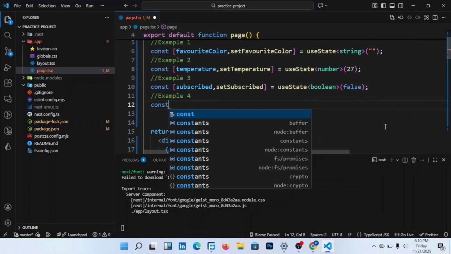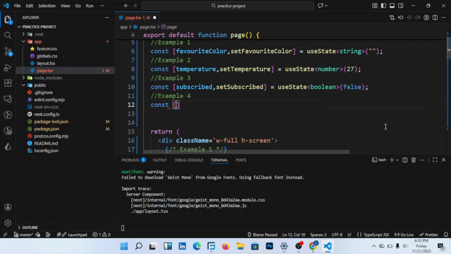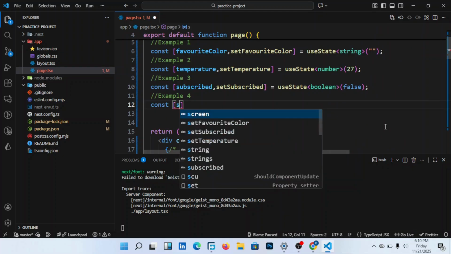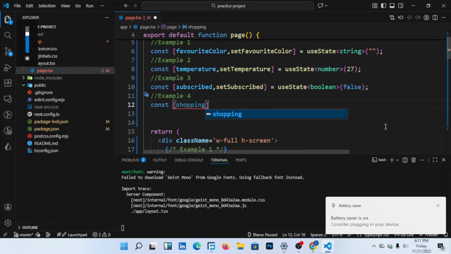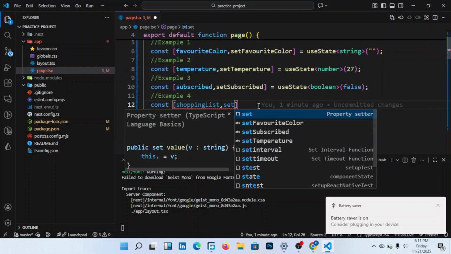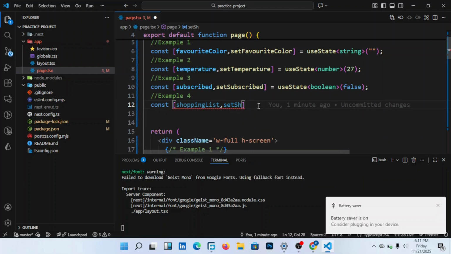So I put here const shoppingList. Shopping list is there. And I put here setShoppingList, as you see it there, and I say it is equal to